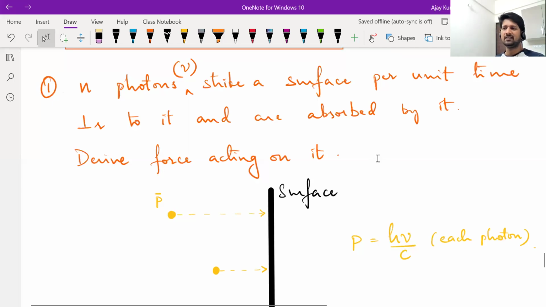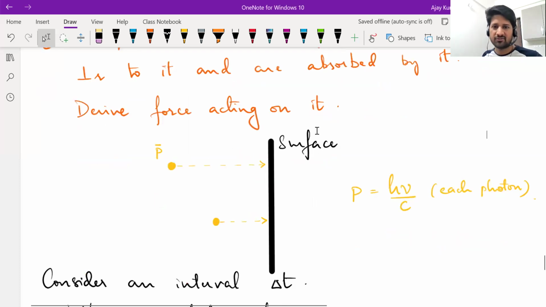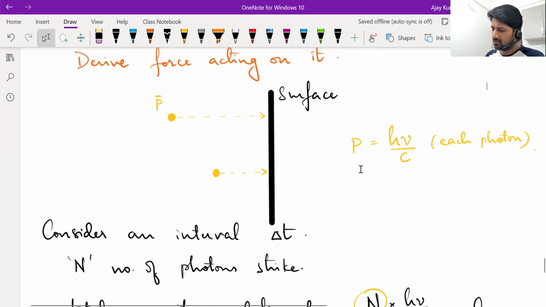We had discussed something similar in electromagnetic waves also, when we talked about radiation pressure on a surface. If the surface is a perfect absorber, there'll be a certain amount of pressure on it. If it's a perfect reflector, there'll be a certain amount of pressure on it. Think about it, all of you. If the surface is a perfect reflector, how much force would have acted on it? What difference does the nature of surface make? Whether it's a perfect absorber or a perfect reflector.